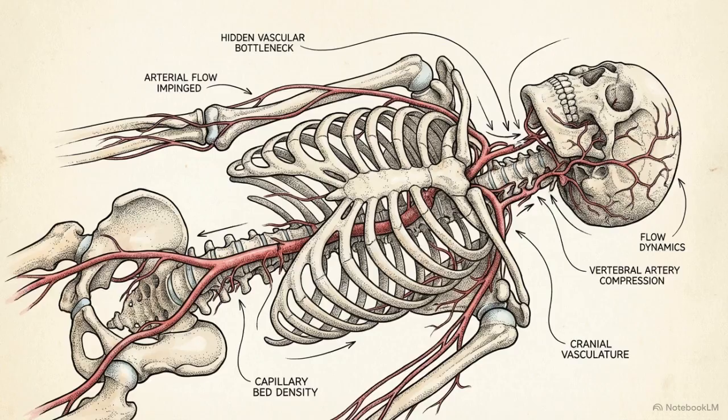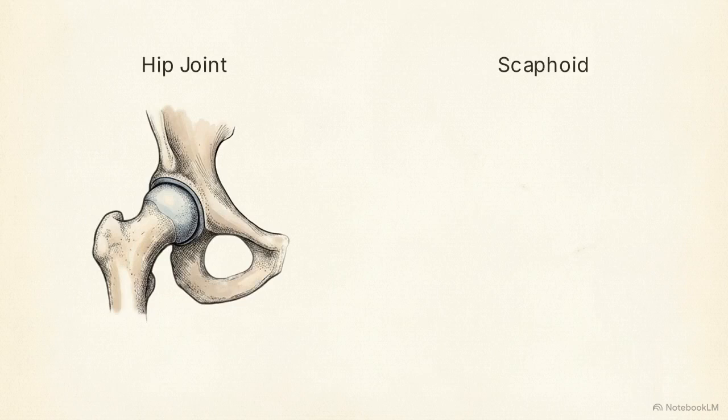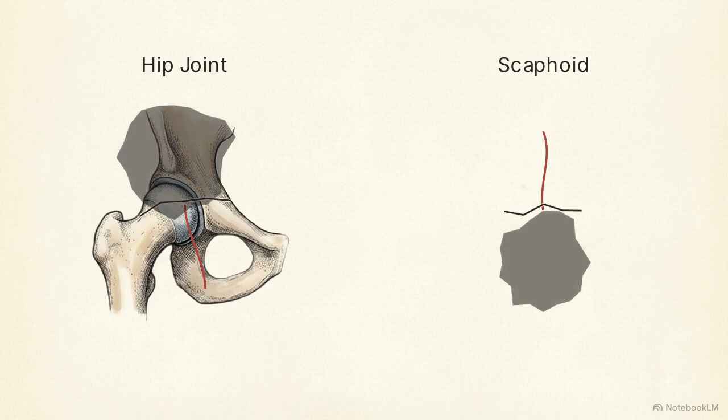But there is a final, hidden architectural constraint that governs all joints: their vascular supply. A bone's shape and movement dictate its precarious blood supply. In the hip, the medial femoral circumflex artery ascends the femoral neck, flowing backward to the head. Similarly, in the wrist's scaphoid, blood enters distally and travels backward to the proximal pole. If a fracture occurs across these limited pathways, like a break at the femoral neck or scaphoid waist, the blood